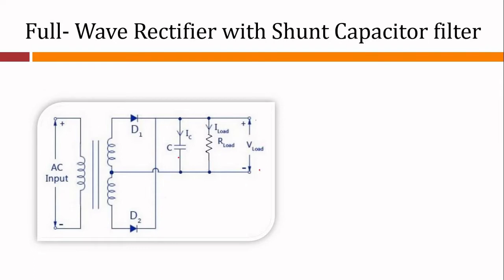Now the function of this capacitor C in this filter may be viewed in terms of impedances. The large value of capacitor C offers a low impedance shunt path to the AC components or the ripples, but it offers a high impedance to the DC component. Thus ripples get bypassed through this capacitor C, and only DC component flows through the load resistance RL.